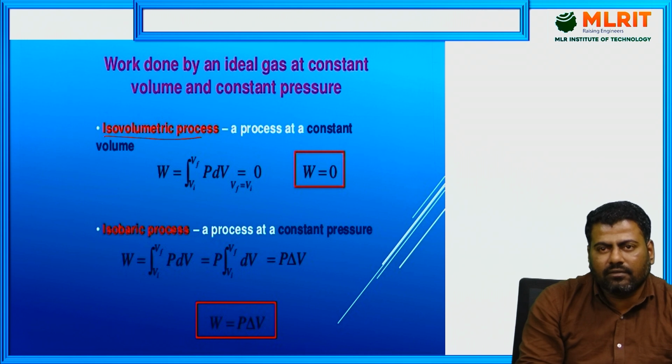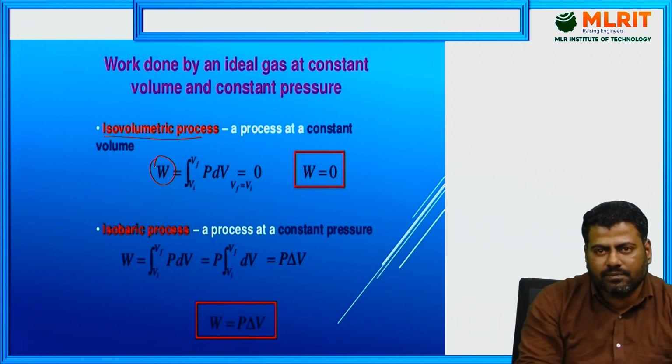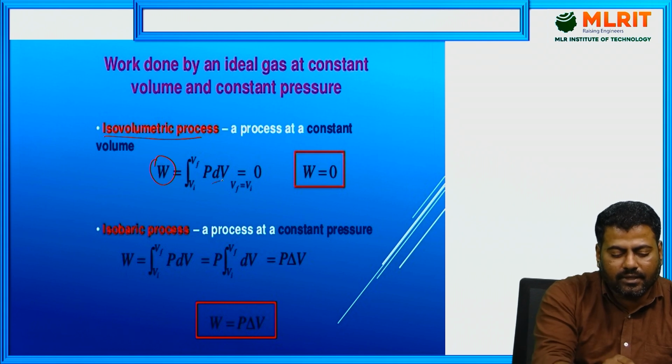So we don't have, with respect to which one? Flow system, flow work done. So that is why we are having only mechanical work done. What is that mechanical work done? Displacement work done. So that is integral PdV, right? In this, dV is nothing but change in the volume,